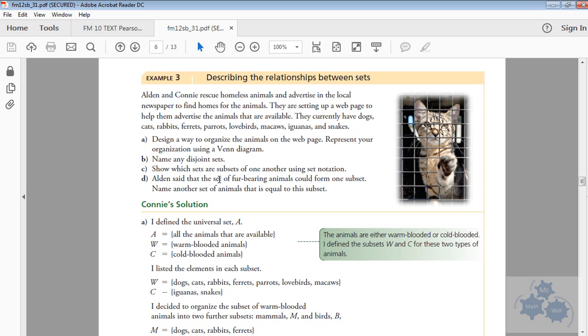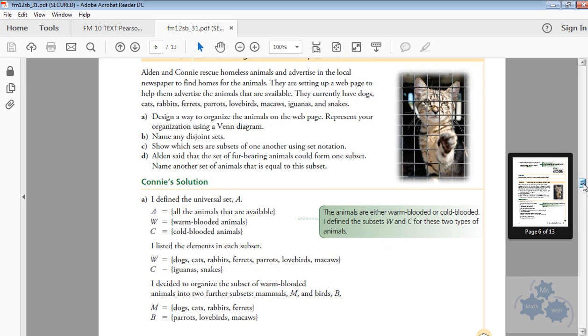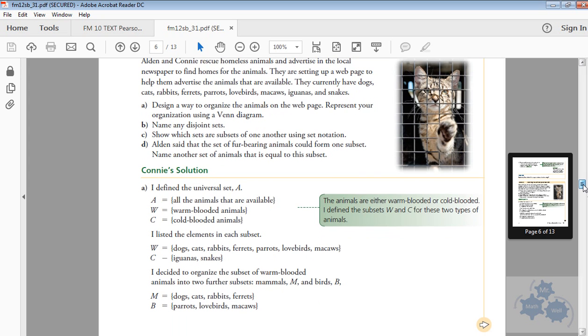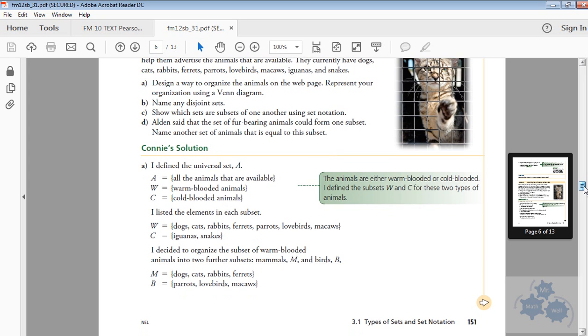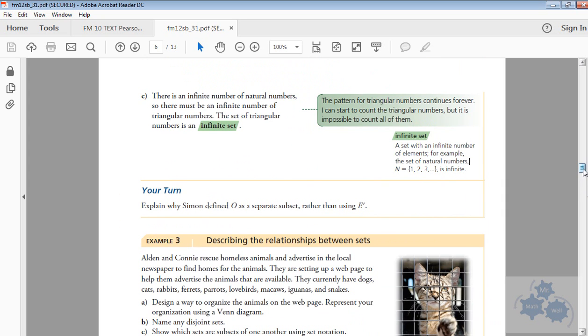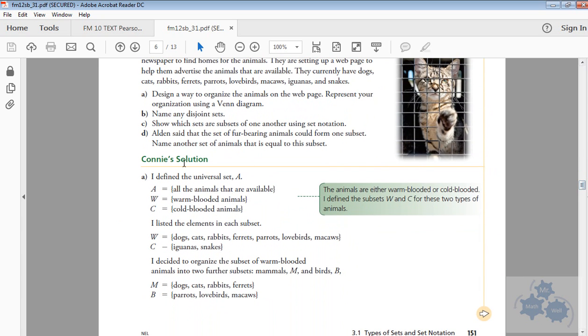Design a way to organize the animals on the web page, and represent your organization using Venn diagrams. So how can we make use of this and draw a Venn diagram with it? They're going to ask us to name any disjoint sets and to show subsets of these things. So I'll go over some of the suggested answers here. What Connie did was she said there's a universal set A which includes all of